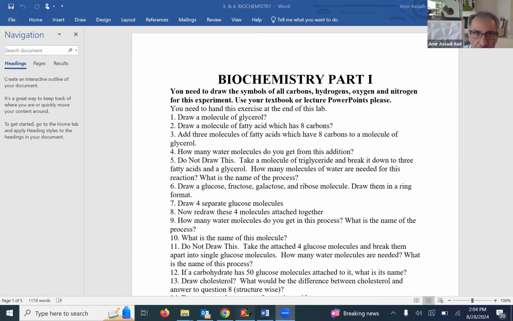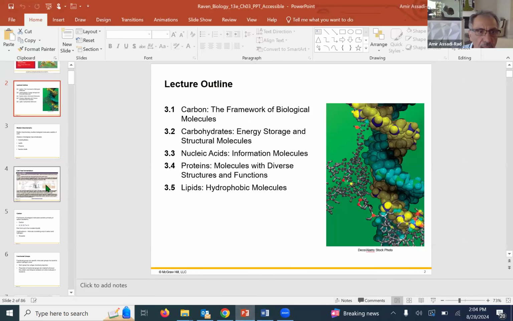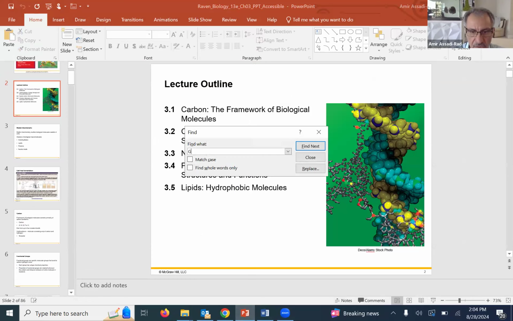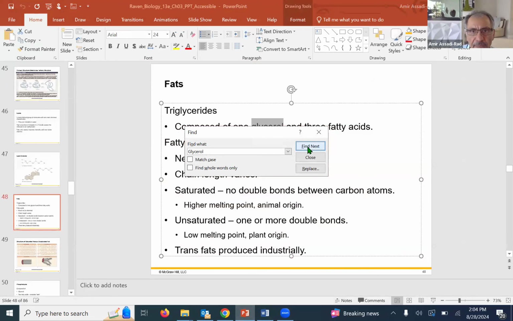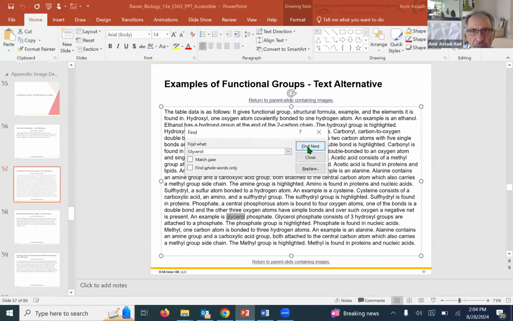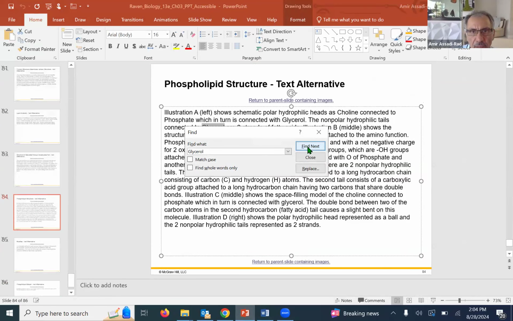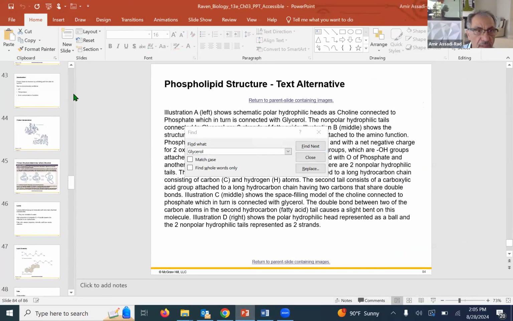Okay, let's go to chapter, here, this is chapter 3, everyone. Is that right? So control F, and I want glycerol. Find it for me. Well, I'll go to the next one. Yeah, I want to see a picture. You're kidding me. It does not have glycerol? Or maybe it does, but